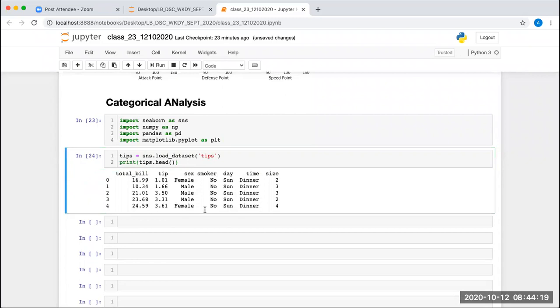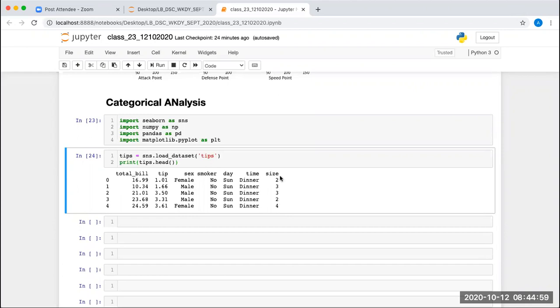And what is this tips data set? Is this one. So you have total bill, tip, sex, smoker, day, time, and size. Out of this, sex, smoker, day, time, and size are the categorical data. You will see at once size will look like numerical data, but it is not. Why? Because size is the number of people coming as a group into the restaurant. This is a fixed set of values, right? So it is starting from 1, 2, 3, 4, 5, 6, only 6 values you have. So this is going to be categorical data. But total bill and tip are the numerical data. All the rest of the columns are categorical data.